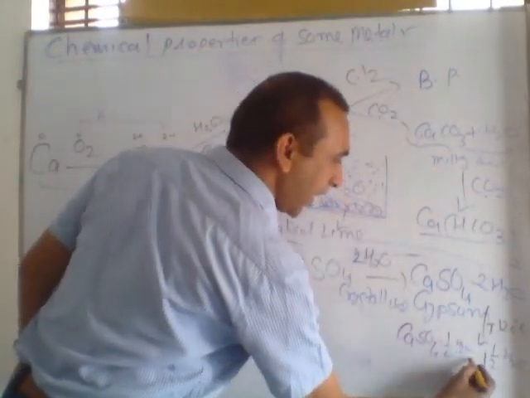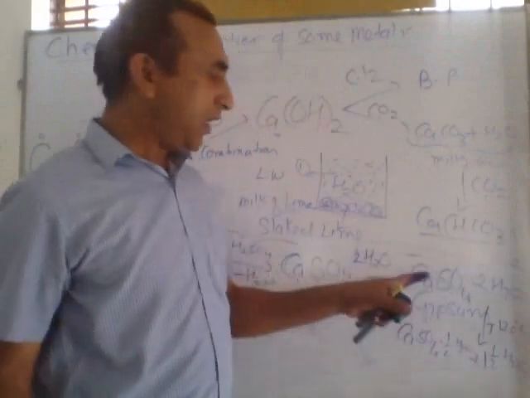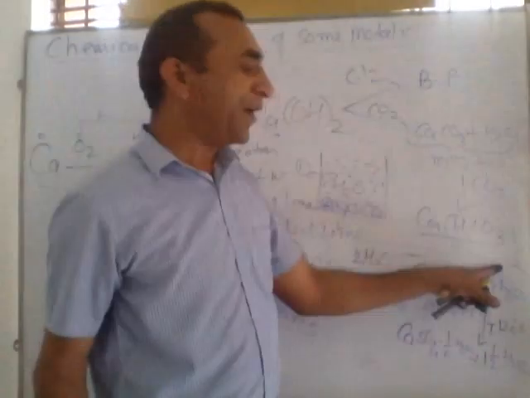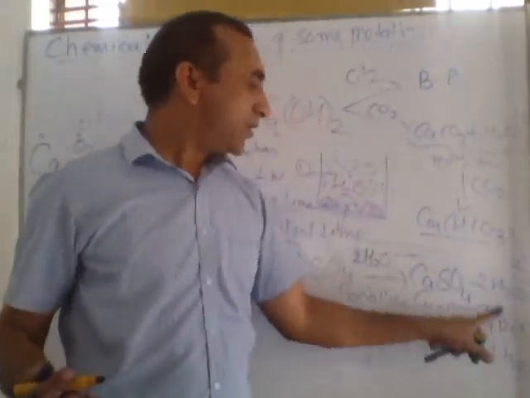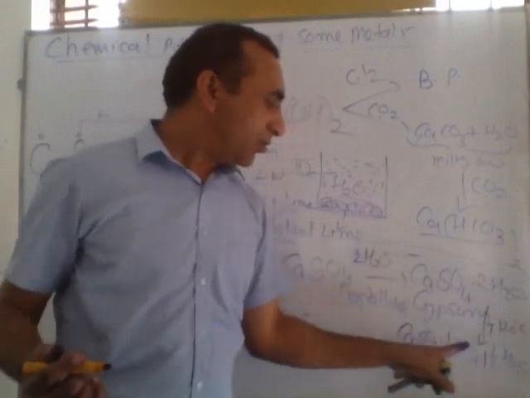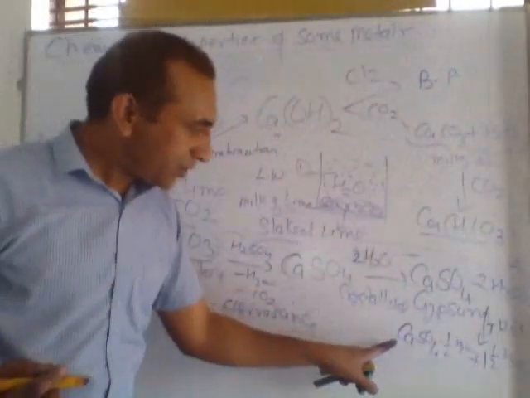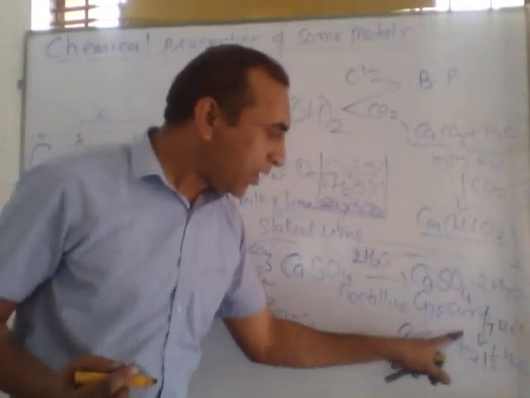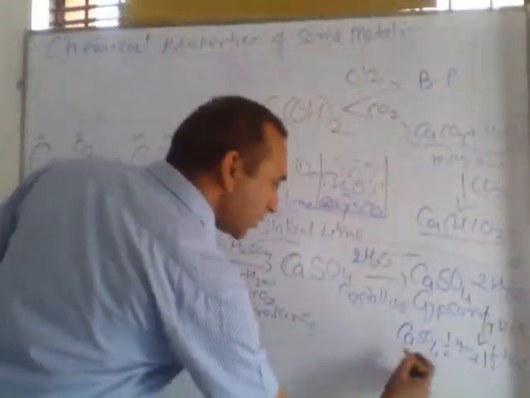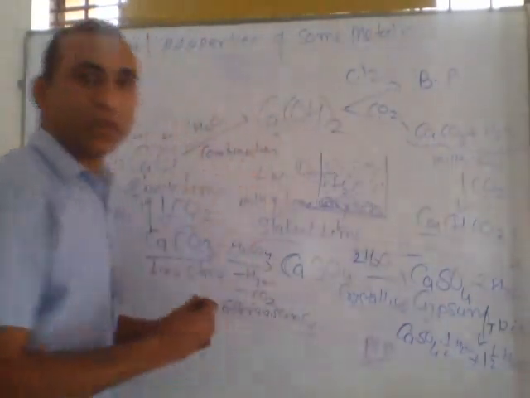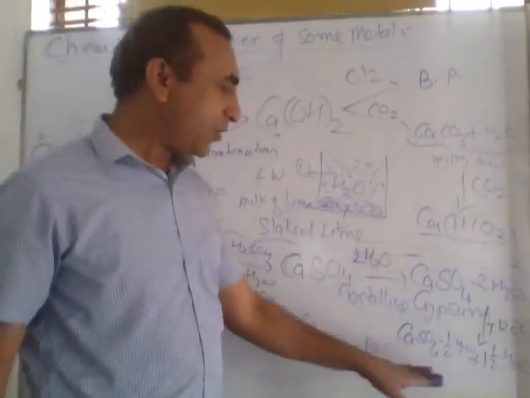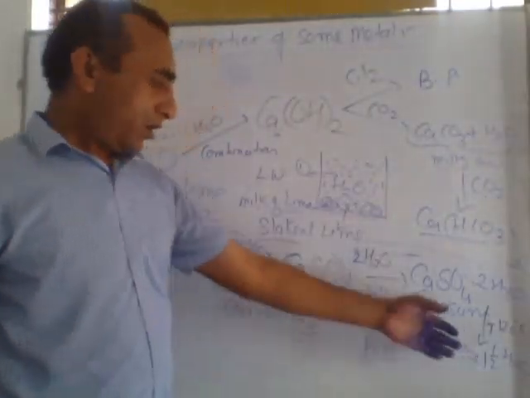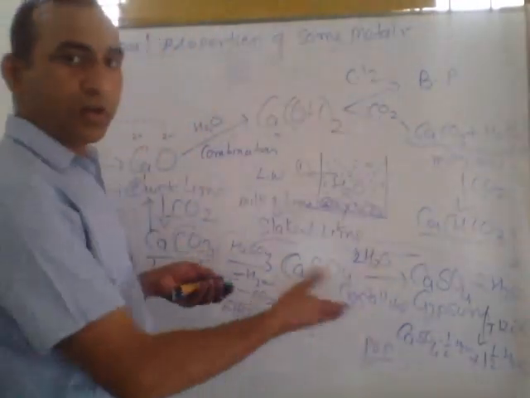The calcium sulfate half is called hemi. The chemical name of gypsum is calcium sulfate dihydrate. Di means 2, hydrate means water. But on heating at 120 degrees Celsius, from 2, 1.5 water molecules are removed, and half a water molecule remains. So this compound is called calcium sulfate hemihydrate. Hemi means half. Another name of this compound is POP, plaster of Paris. You know the uses of plaster of Paris. Plaster of Paris is used in the formation of toys, in plaster for fractured bones, and also in statue formation.